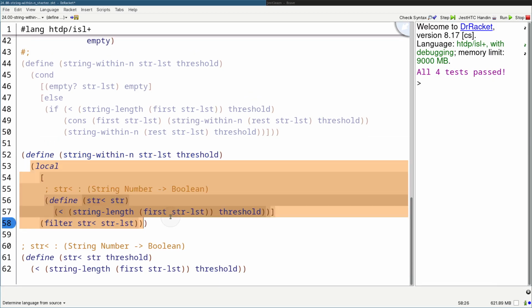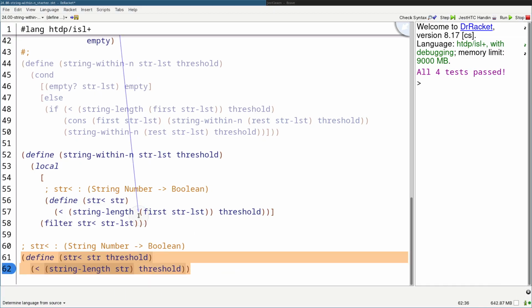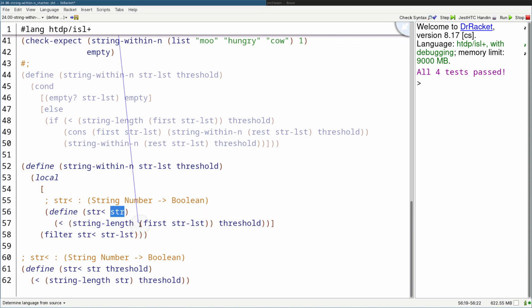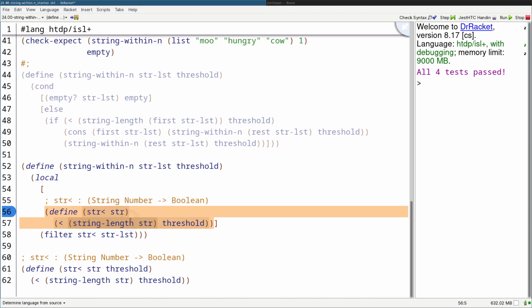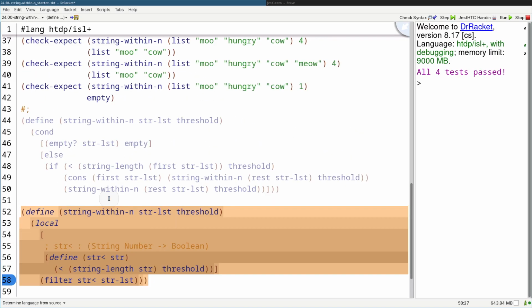So we move the filter inside the local block, so it can use the string-greater-than here. And this also wouldn't be first of lst here, my bad. It would be string, because there's no list; we're not consuming any list here. So this would have to be a global if this would work, but nonetheless, this is what I meant. Please use the parameter we get in, because filter will take the first of the list and pass it to this function. All right, so we run this, all four tests pass, and this is how you abstract with local